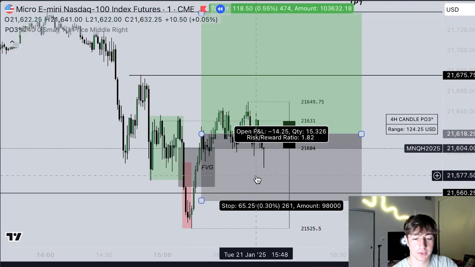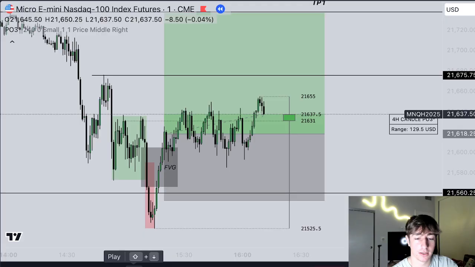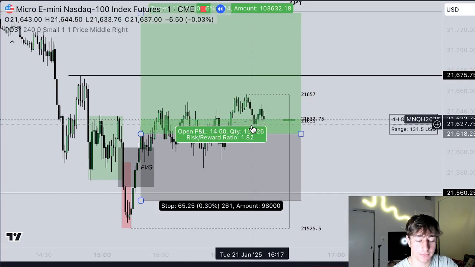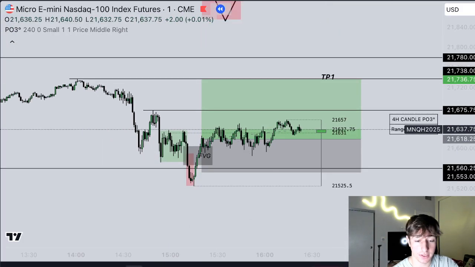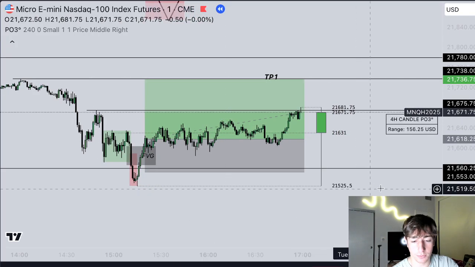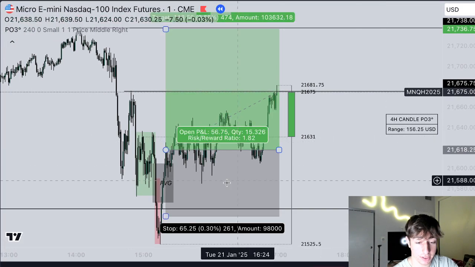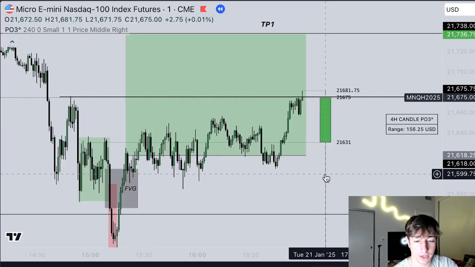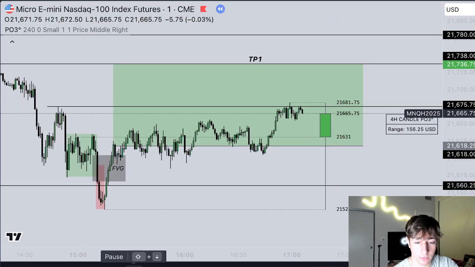Oh, what's this? Our manipulation wick for that second market maker buy model leg. Boom, we distribute above that high. Again, people probably keep freaking out. Oh, it's just chopping. I'm going to exit. And we can see eventually, boom, our take profit, well, not our take profit one. Our break-even level gets hit, so at this point in time, boom, shove my stop to break-even. I'm fully risk-free on the trade, and I'm just going to let this one ride to my second level, which,